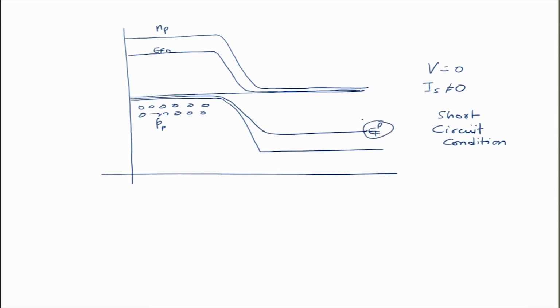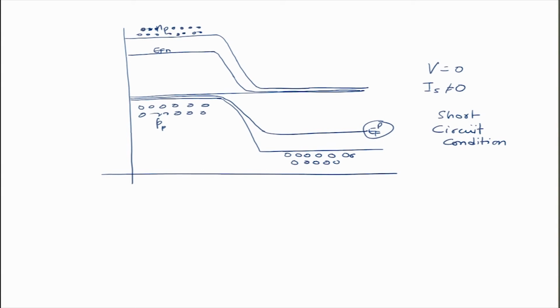So this is the Fermi level corresponding to holes on the n side, because on this side the hole concentration also will increase. Okay. So this increase in the hole concentration on the p side, n side, and this increase in the electron concentration on the n side leads to a raising of the quasi Fermi levels corresponding to electrons and holes closer to the conduction and valence band. So now you can see that if there are a lot of electrons on this side, they can jump from here to here.